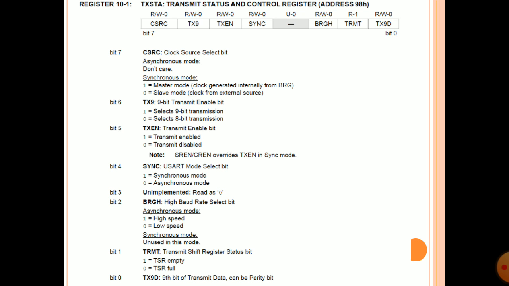In asynchronous mode it is not used, don't care. In synchronous mode, if it is set to 1, it is master mode, and the clock is generated internally from the BRG, the baud rate generator. If it is 0, it is slave mode, and the clock is taken from an external source, because in master mode the clock is output and in slave mode the clock is input.